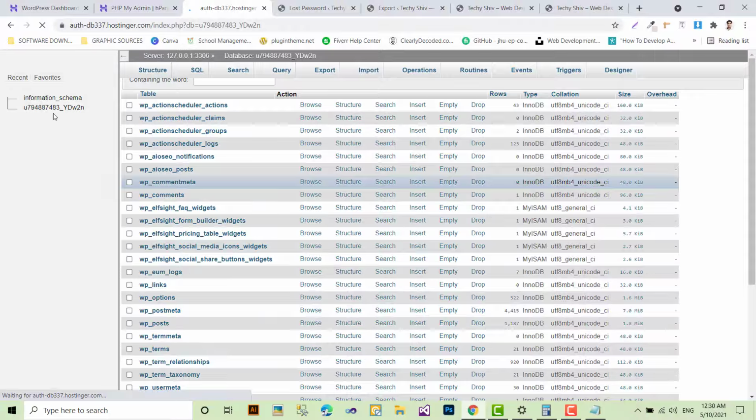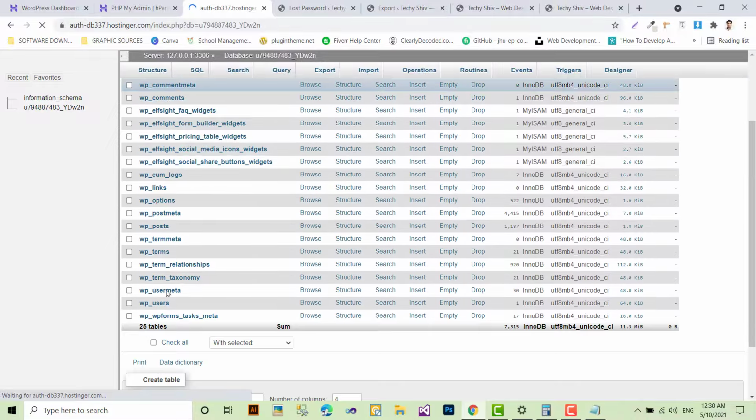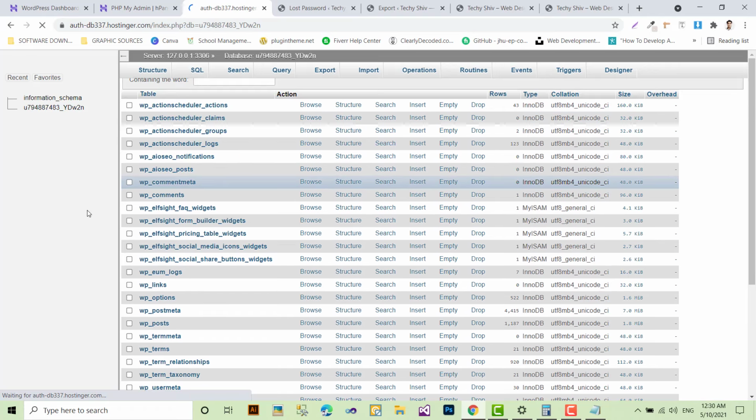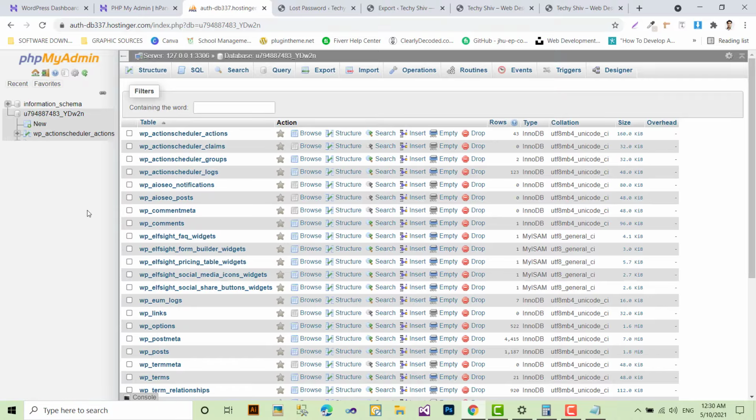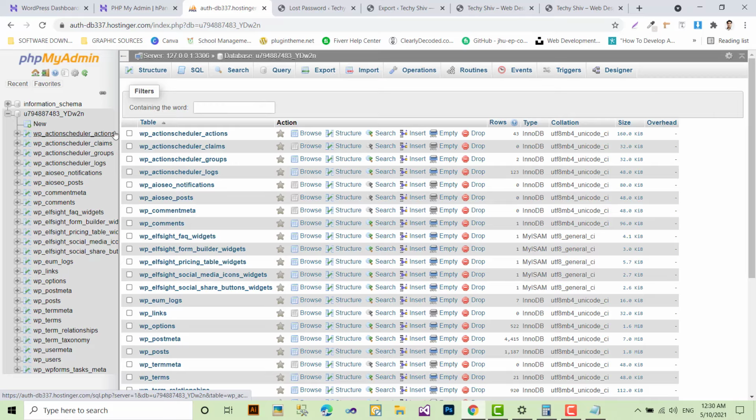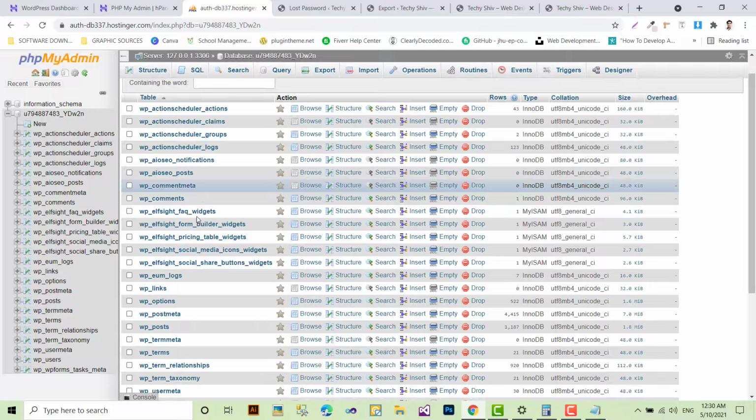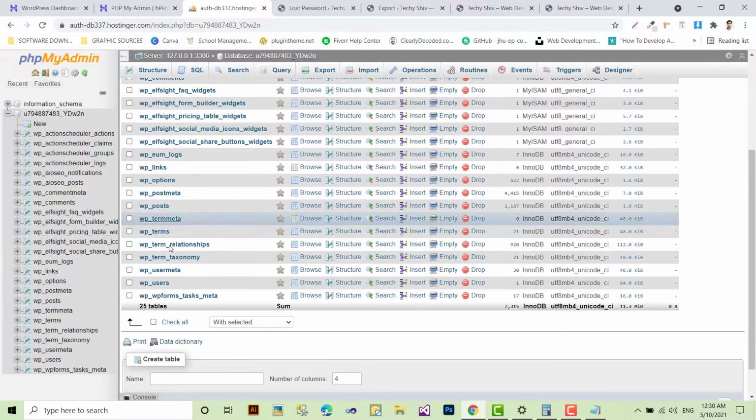I have entered my database, and here you have to search for the user. In other cPanels also you have to come to this screen, and how you come depends upon the settings of your cPanel. I know all these settings of Hostinger, but the main thing is that you have to reach this place, that is the database of the site. And here you can change the username and password.